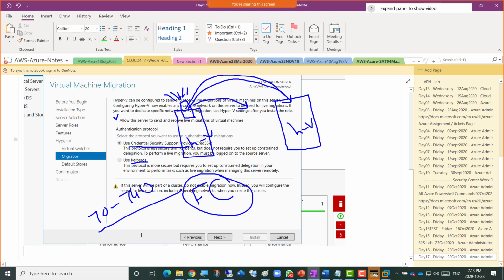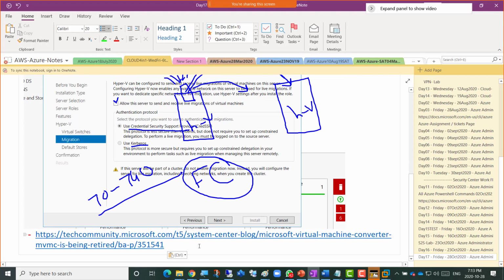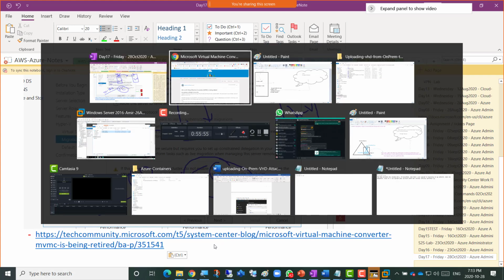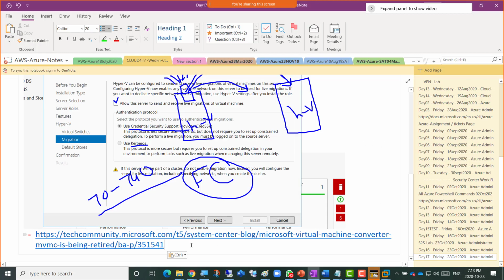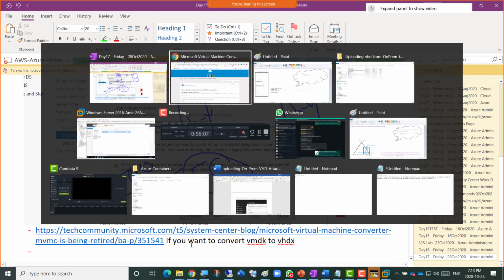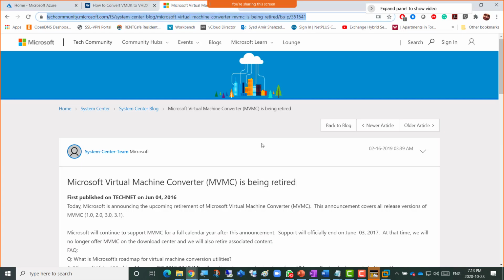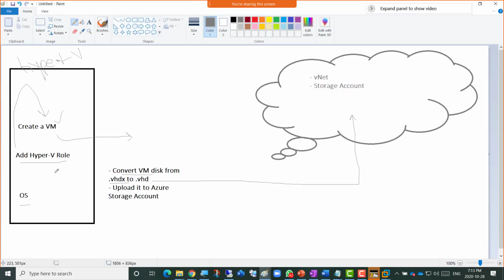Okay, once that is done, so I'll just put that if you want to convert VMDK to VHDX, right? Even now it's very helpful. Okay, we'll go back to, now if we go to the diagram, we can see that we've done,